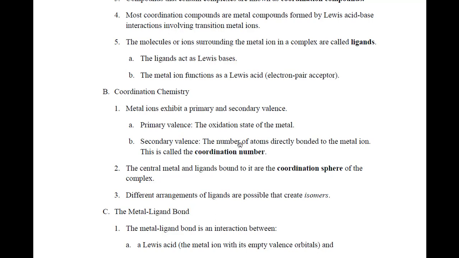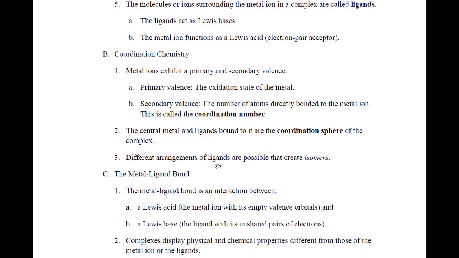How many? And it shouldn't say the number of atoms, really. I guess it's going to be the total number of pairs of electrons, really. So that might need to be modified a bit, because we're really more concerned about how many pairs of electrons are bound into the metal ions, and we'll get to how many that is in a bit, but that's called its coordination number. So the central metal and ligands bound to it then are what make up what's called the coordination sphere. And you'll see, we represent this in a very special way. So what is called the coordination sphere will be very obvious when you look at the formula of a complex.